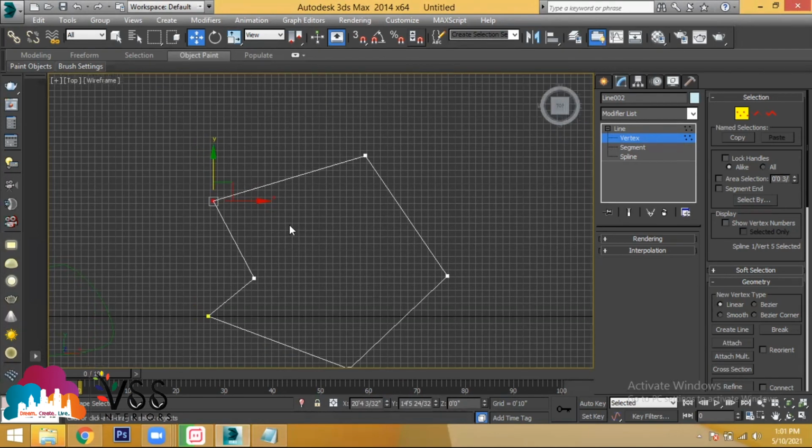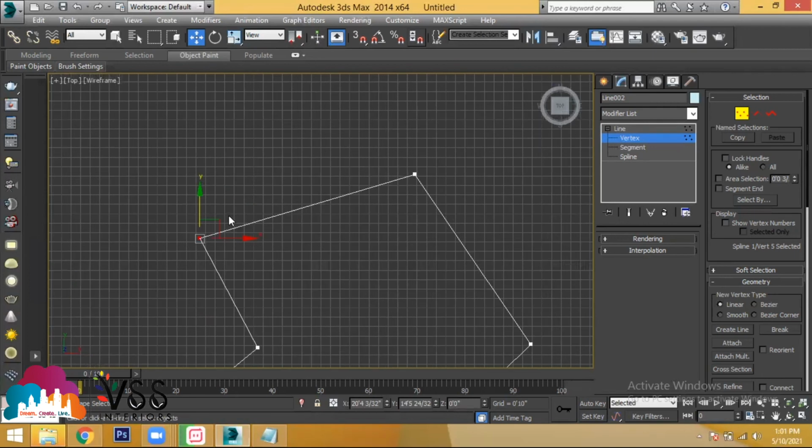Let's say now what I want to do is, I want to select this endpoint. Which endpoint? This endpoint, and move it in y direction to make the line to be straight like this. In which direction are you trying to move to make a line straight? In y direction, right? You're trying to move this endpoint in y direction to make the line straight, to make the line horizontal.